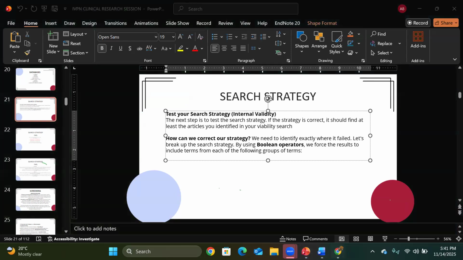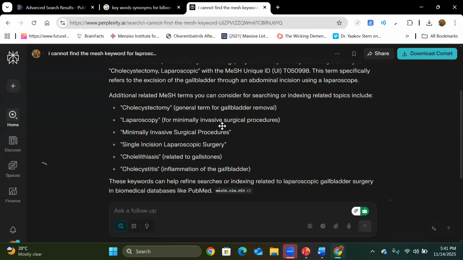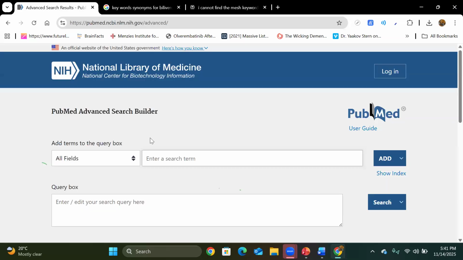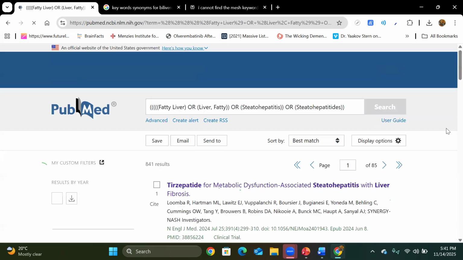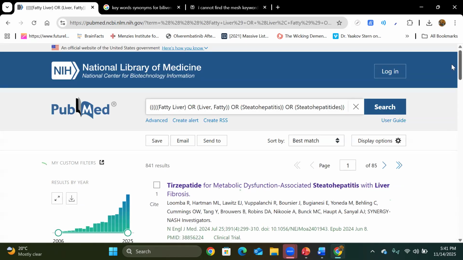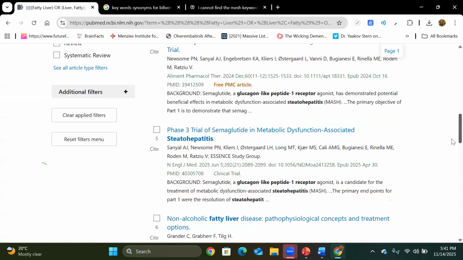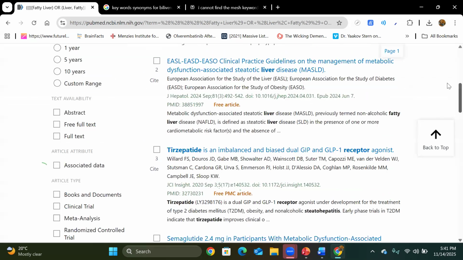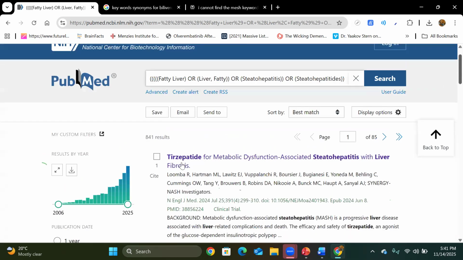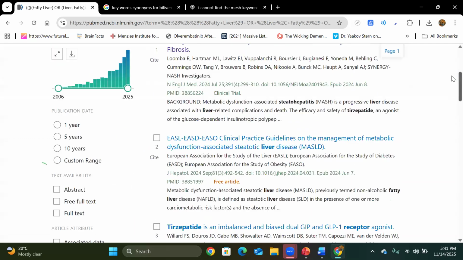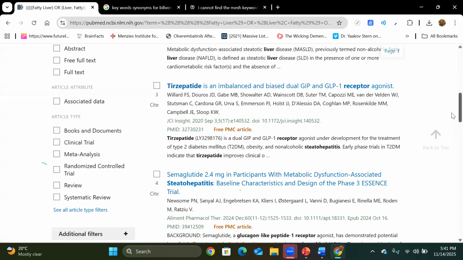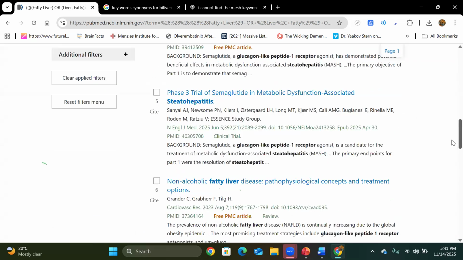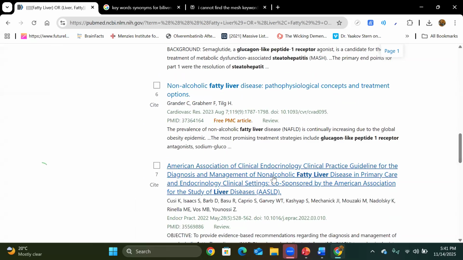This is about search strategy checking. You will check whether you are getting those three RCTs that you saw earlier in these 841 articles or not. Let me show you. When I was finding this topic, I saw these three articles. There was this one, a clinical trial on metabolic dysfunction, and there was this one, and the other one was this.